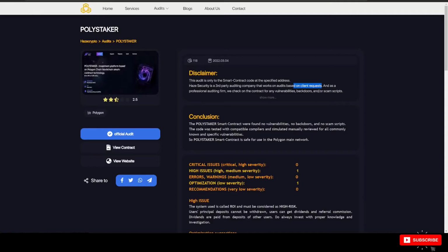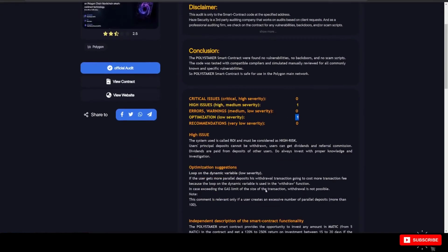So in regards to polystaker, in the polystaker smart contract they found no vulnerabilities, no backdoors, no scam scripts. The code was tested with compatible compilers and simulated, manually reviewed for all commonly known and specific vulnerabilities. So the polystaker smart contract is safe for use on the Polygon main network. However, you can see that they have a couple of issues here, and we're going to talk about exactly what those are. This is pretty typical to see on all of these dApps because of the way that they function with